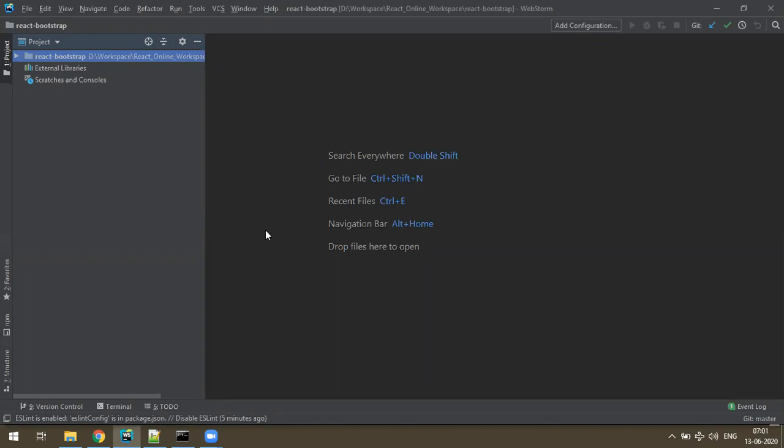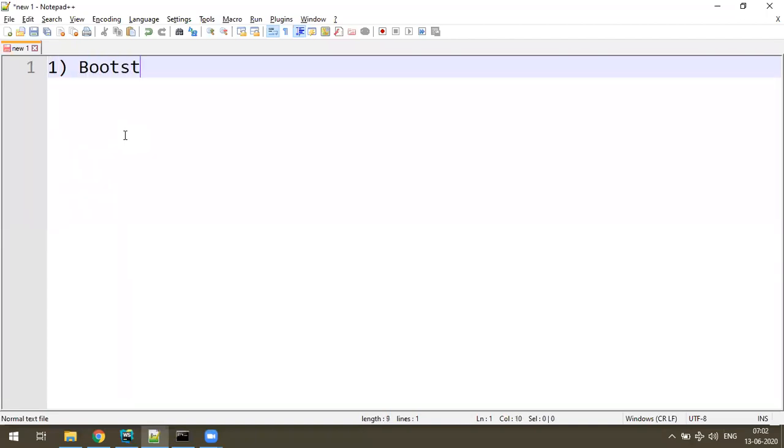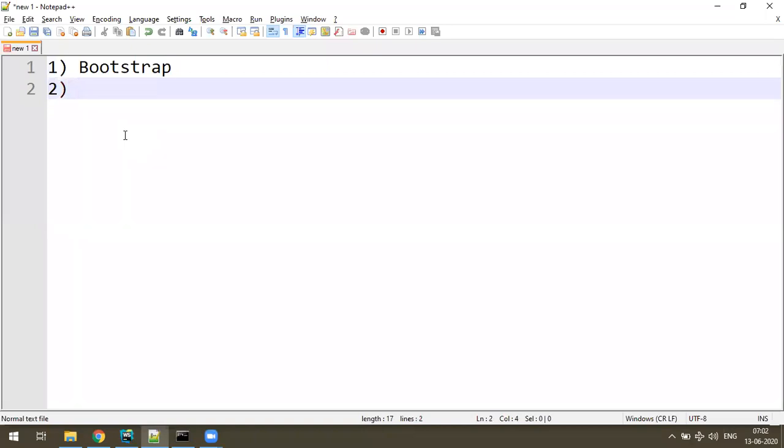And today, what we are going to discuss, the first thing is how to connect to Bootstrap. Because we want the whole UI, the front end, to be in Bootstrap for almost all applications. So I'll tell you how to connect Bootstrap to your application with React.js. And also we'll develop one small application.